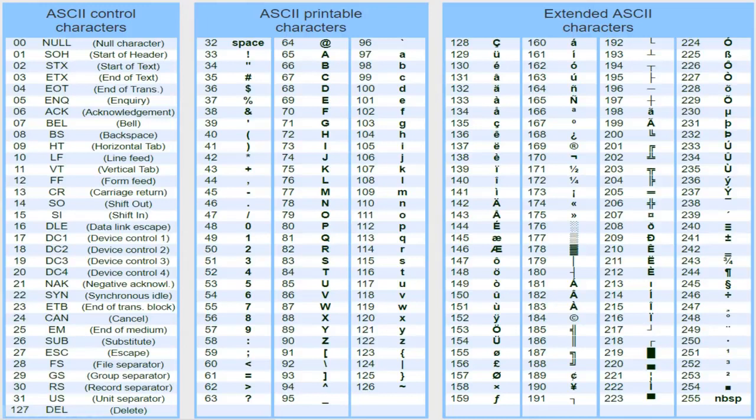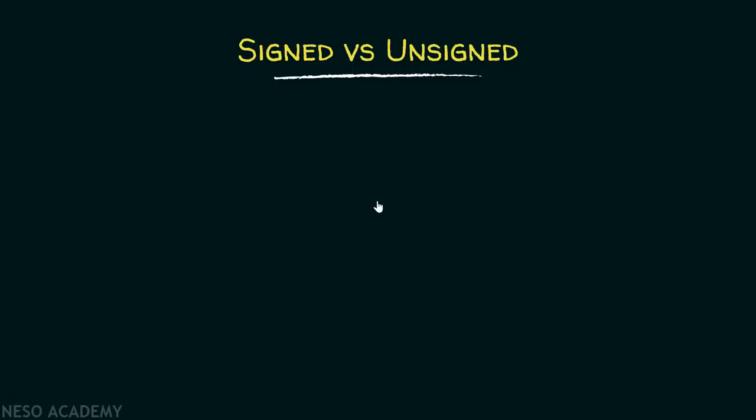Therefore, we won't have to bother about the other schemes much. Let's move to the next topic, difference between signed and unsigned character. I told you the signed and unsigned range for character, but this is not an easy to digest fact that we have both signed and unsigned range of characters. Unsigned range is okay, but why signed range?